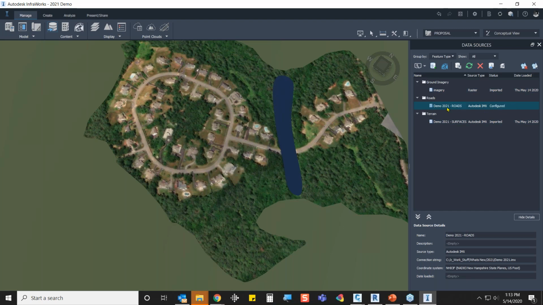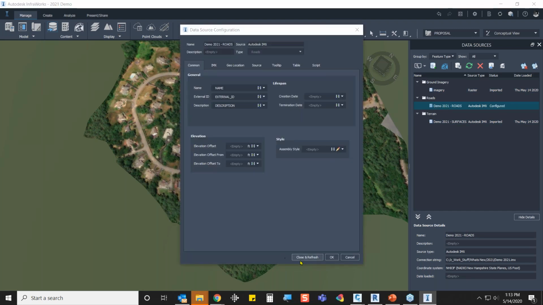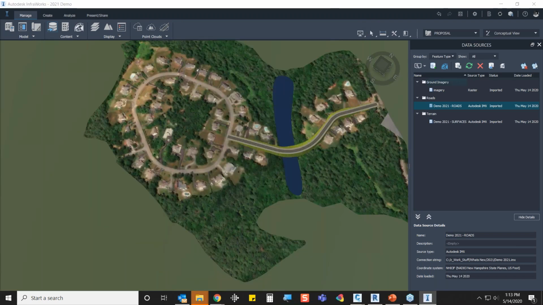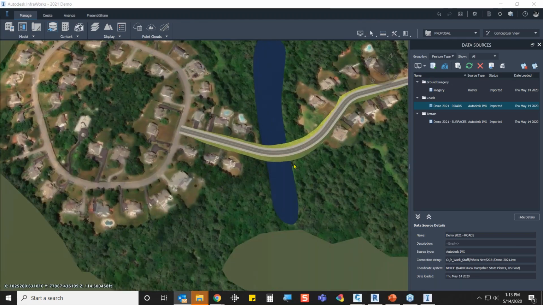When I'm getting that issue, I can just double click on it and open it up and just say close and refresh. I'm not sure why InfraWorks does this. As I say close and refresh, you'll see how that geometry just lines up right in there. And there's my corridor,